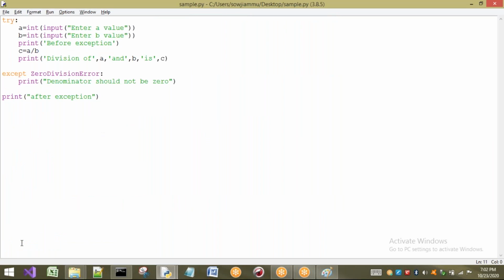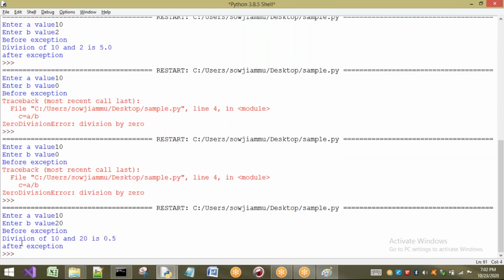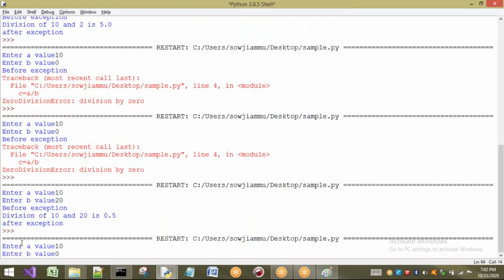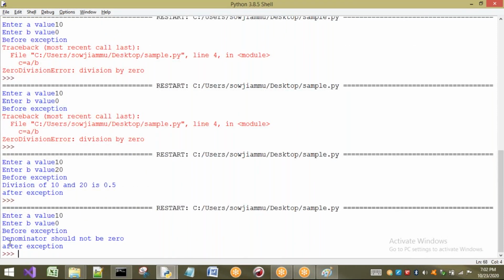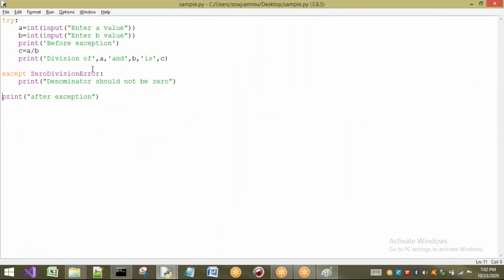Now observe, I want to create an exception here. I take 10 and 0. Observe clearly. Now what happens? Before execution is printed, this is taken, this is taken, this is taken. Where are we going to get an exception? In this line. Whenever we get an exception here, will it print this line?